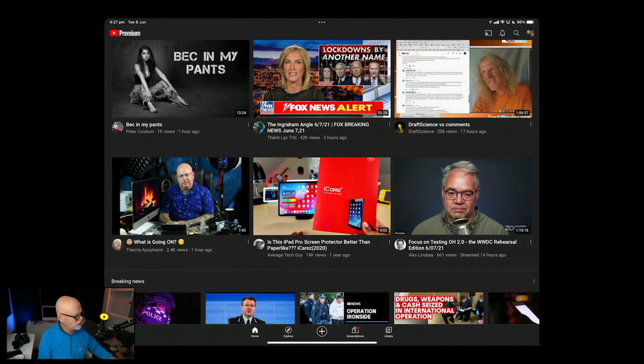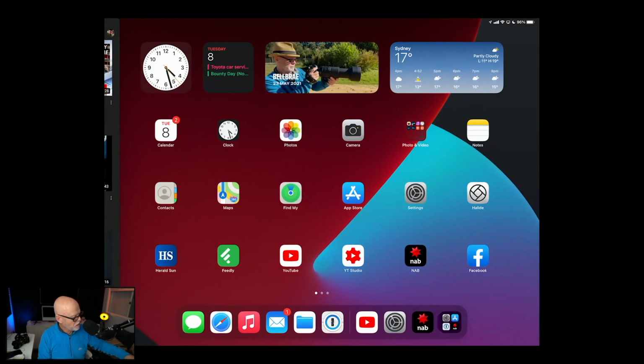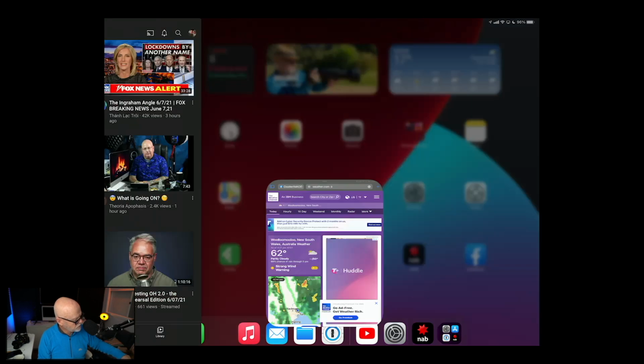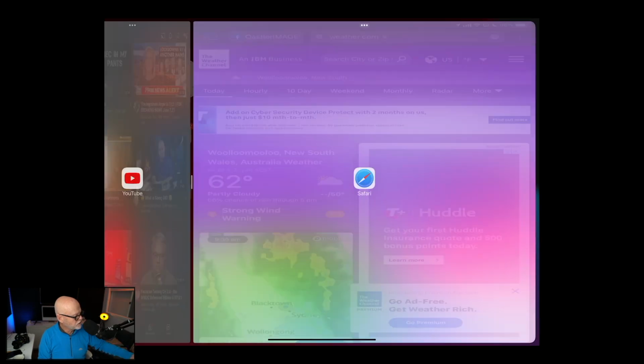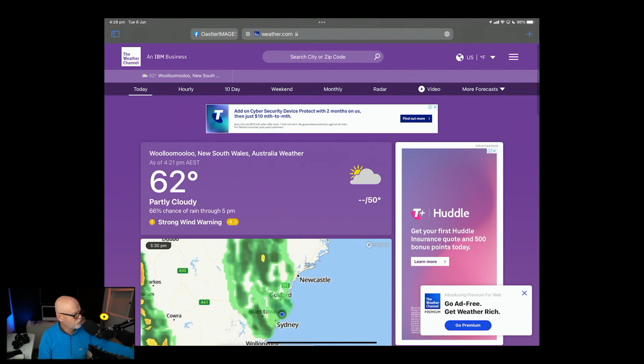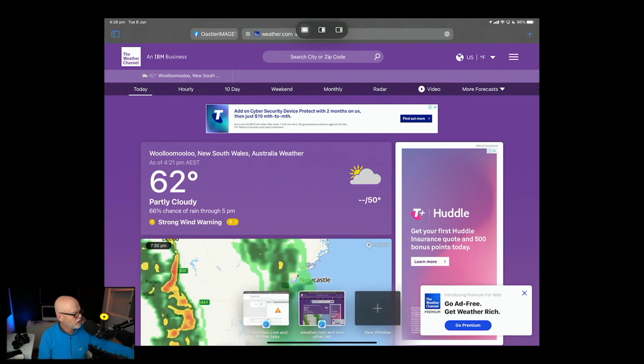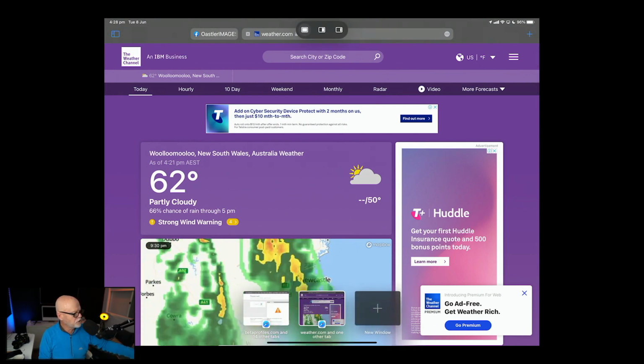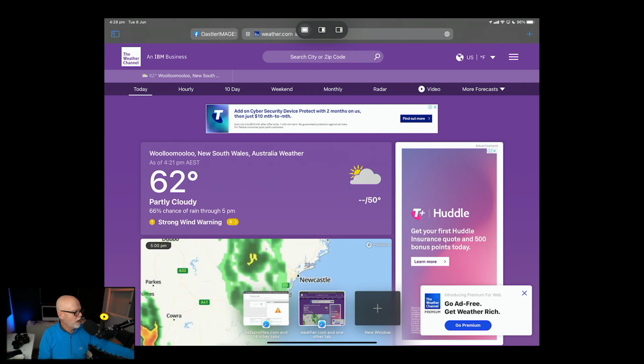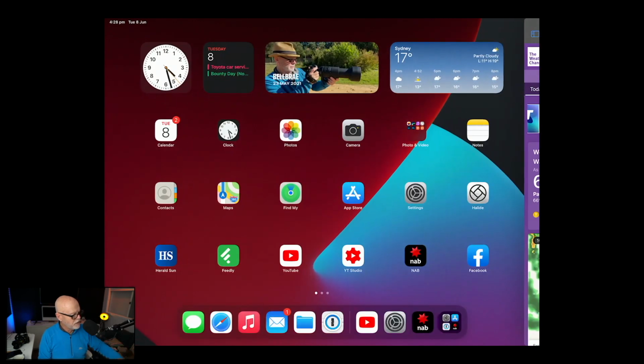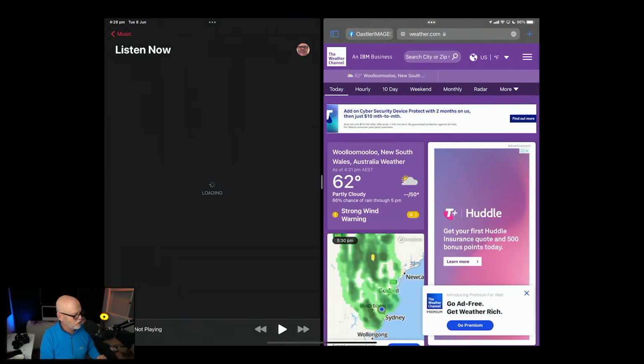Just to sort of show how this works as well, if I scroll down here, let me open up something else. Let me open up Safari. If we want to make Safari full screen, there's 3 dots up the top. If I click into here, you can see that there's full screen up the top. There's also a half. If I click half and half, it will sort of push it across like that, and then I could open up, say, the music app would open up sort of side by side next to it